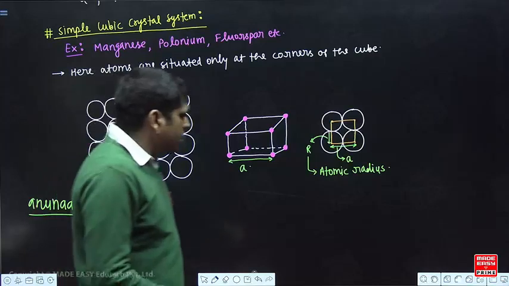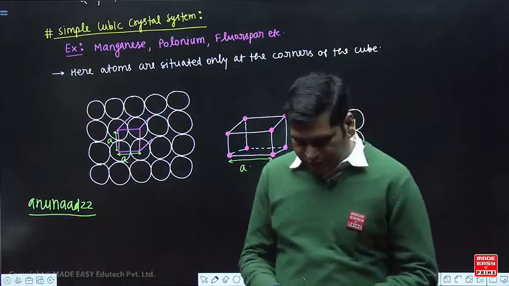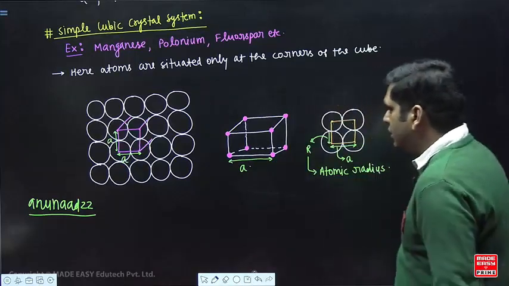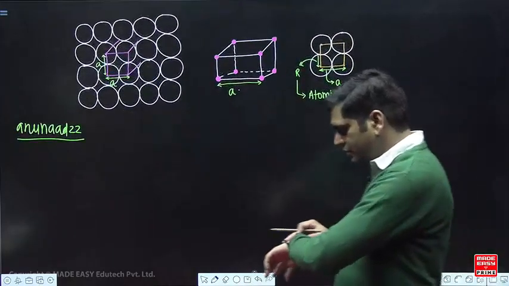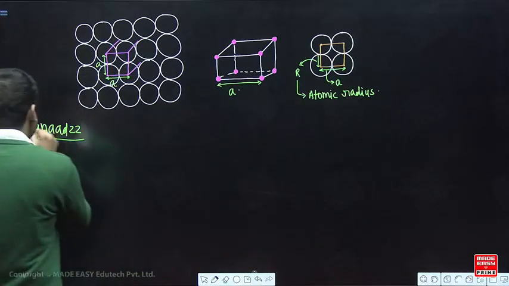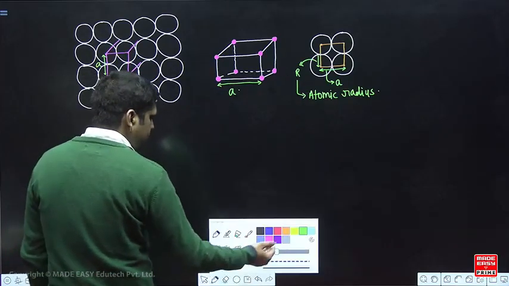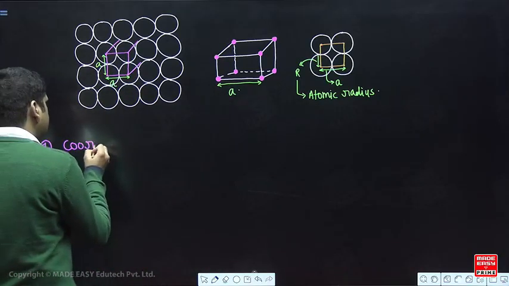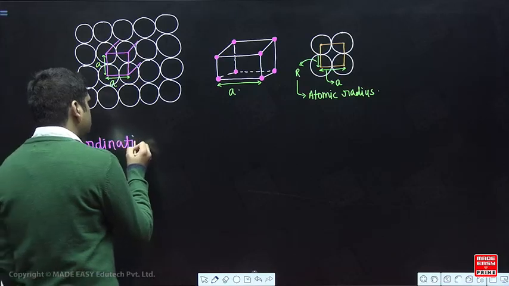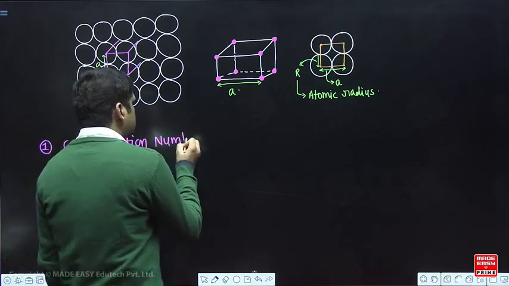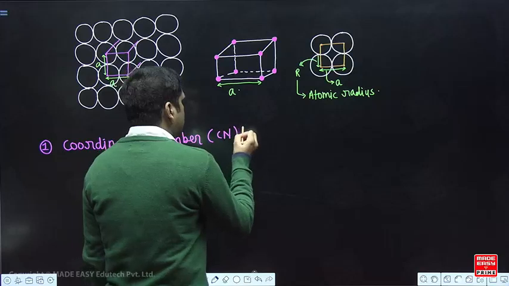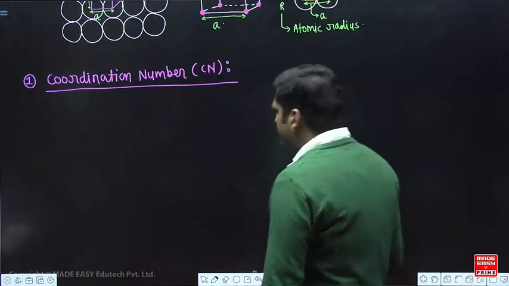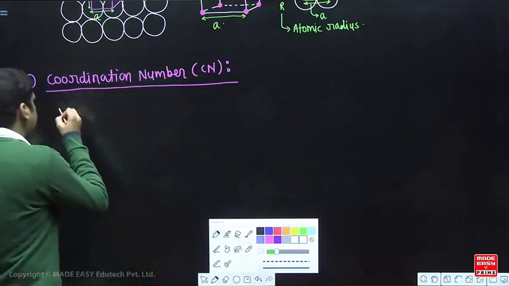Now you see, we want to define a few terms in order to see the performance of this unit cell. In order to define the properties of the unit cell, we want to define a few terms. So the first term is coordination number. Let us first write the definition of coordination number. It is defined as the number of nearest and equidistant atoms